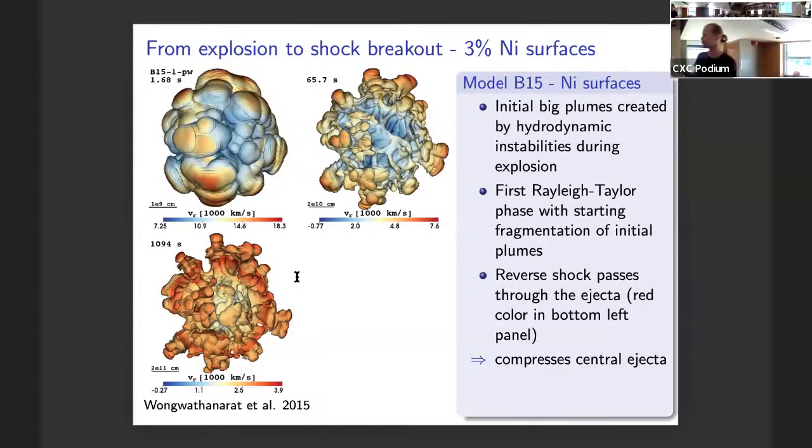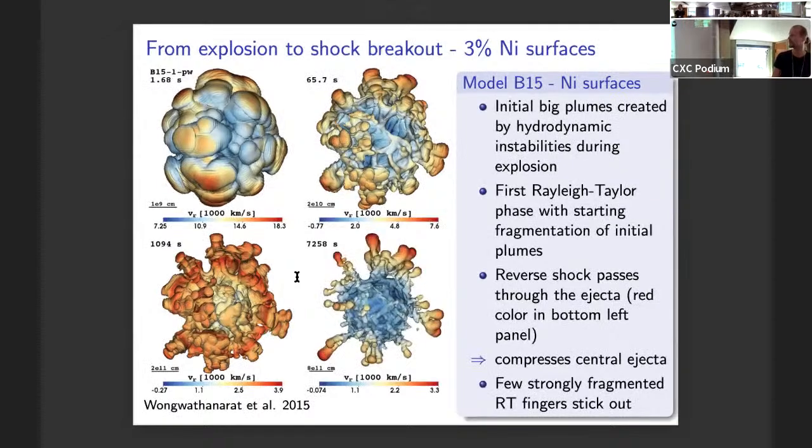And we will see how this shock now will start to compress the innermost ejecta and let only some of the Rayleigh-Taylor fingers stick out, as we can see here, for example. Now we see very clearly in the second phase of Rayleigh-Taylor instability that these initial much larger scale plumes fragment into these very elongated fingers, and the central part of the ejecta is compressed to an almost spherical